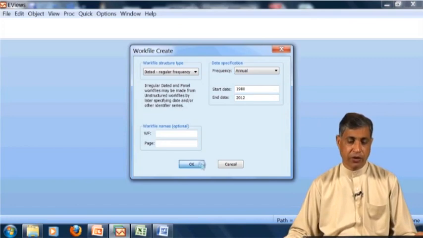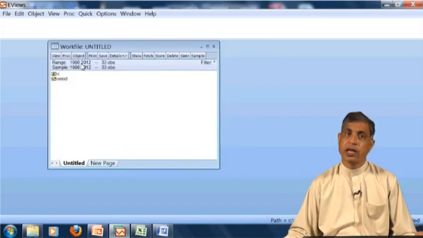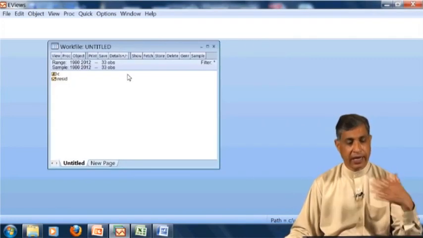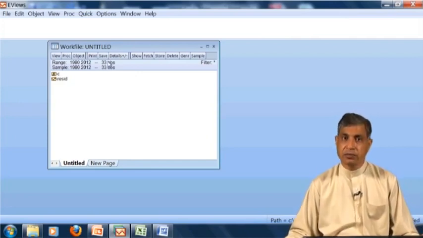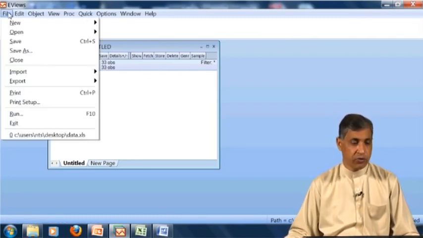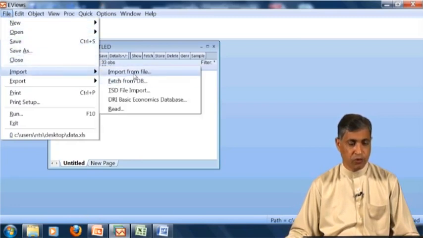I will get the command, OK. Now you can see here, now it is sample, and our range is the same. It is 33 observations. So look at there, these are by default C and residual. So what you will be doing, you will be importing data again, import file,